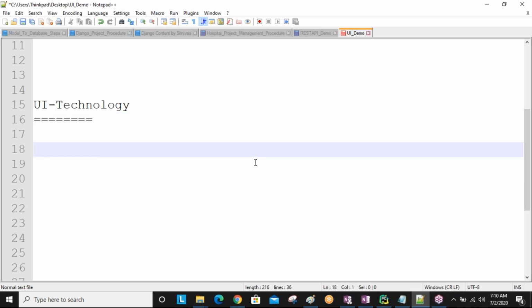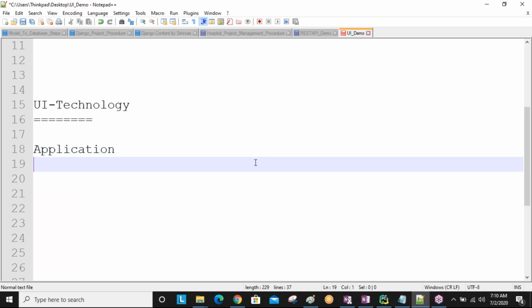Application. What does application mean? Application is nothing but a set of programs, a collection of programs working together. Then we call it one application. A combination of multiple programs we call an application. Each program has a set of instructions, and each instruction does some behavior or activity.